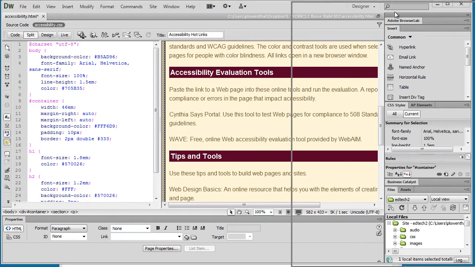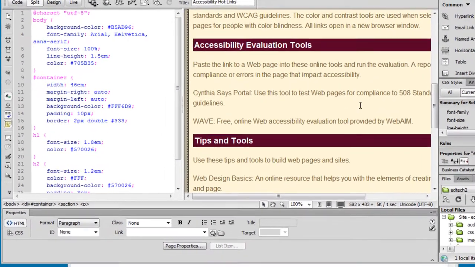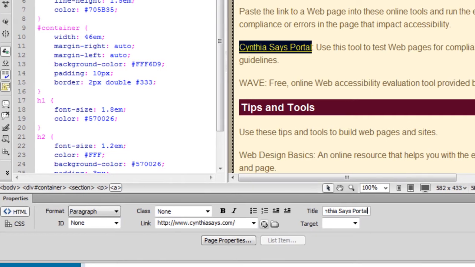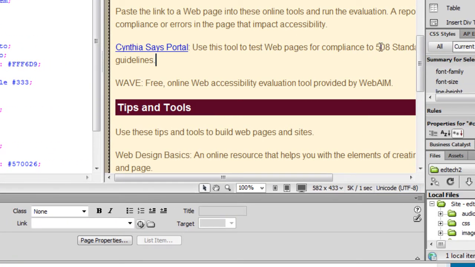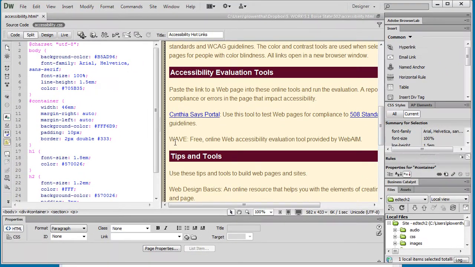So when looking at the example, and you'll see a lot of other links, I'm just going to go through and create a few of these just so you can see how I would do that. For instance, where it says Cynthia Says Portal, and I want to link to that website, I would simply highlight it down in the Properties Inspector and add the title text. And then for the 508 standards, to link to that, just like the example and so forth, I would just highlight the text that I want to link to, type it in there, and add the title text. And you get the idea. You just continue on adding links